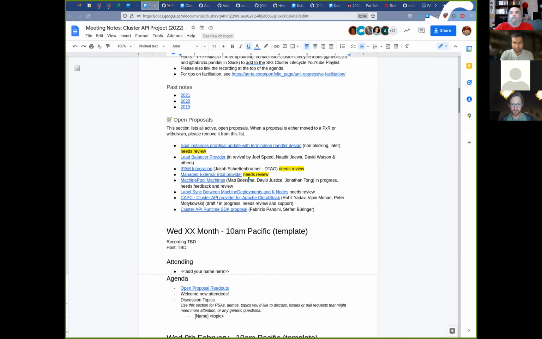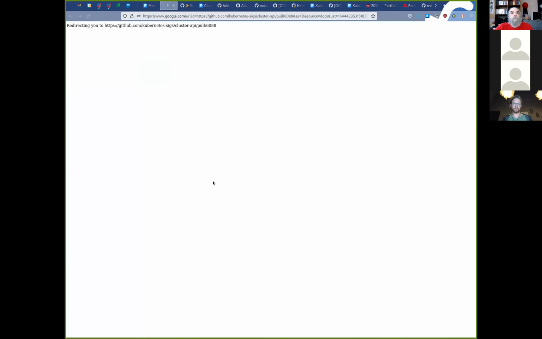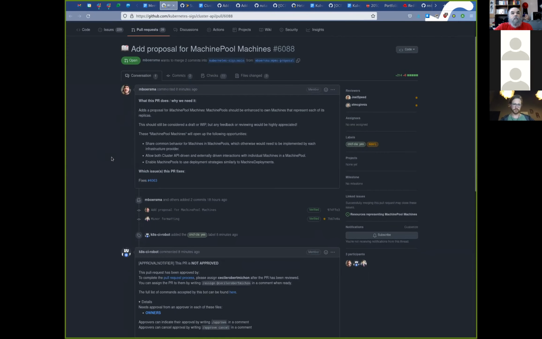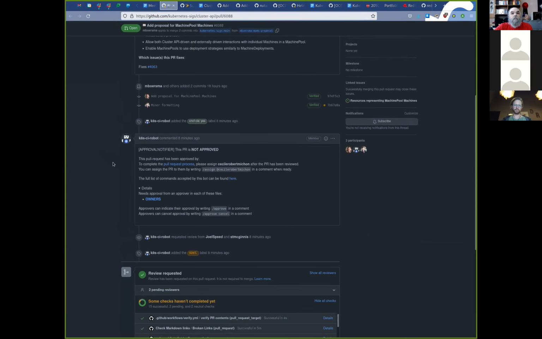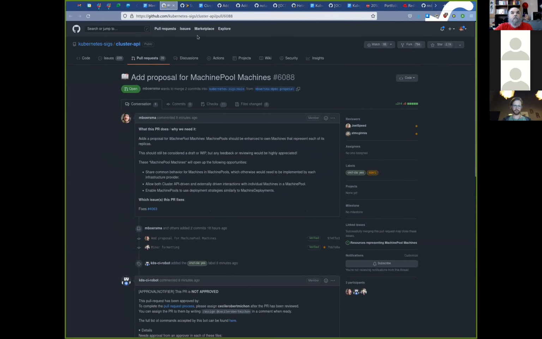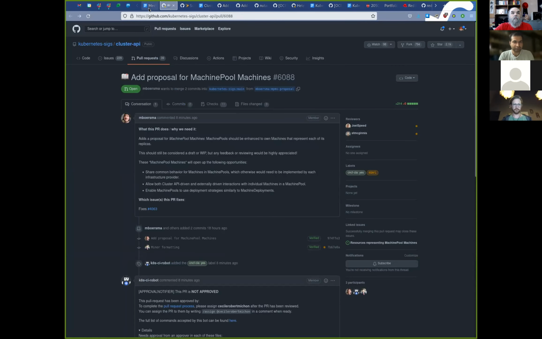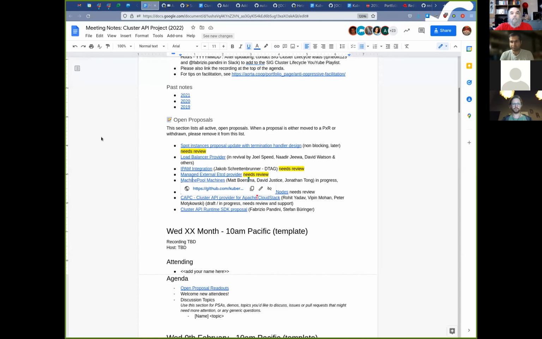Yeah, we finally got around to creating a PR for the proposal for machine pool machines. And so that's out there this morning. There have been some changes, but it's not radically different from the doc. I haven't linked to it yet from this, but there's also a proof of concept implementation for CAPI and for the Docker provider that I just opened. There's still a little work to be done, but if anybody has any feedback at all, we would love it on the proposal. We want to get this done. It's been out there for almost a year.